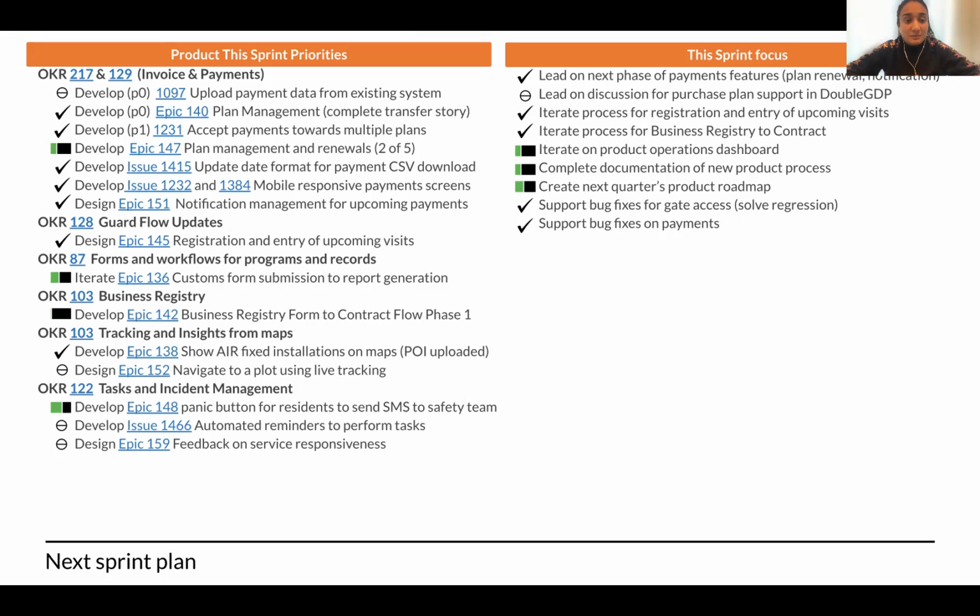The other major, high priority epic is business registration. So business registration is the ability to submit a form and then generate a contract and a business registration number based on that contract. But we're starting with the initial phase of just submitting a business registry form and then generating a contract based